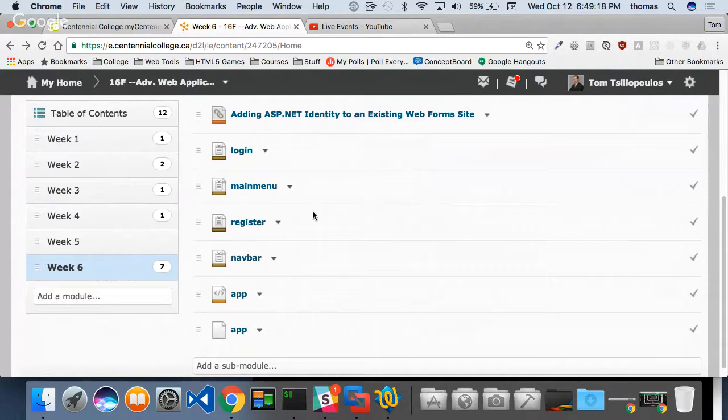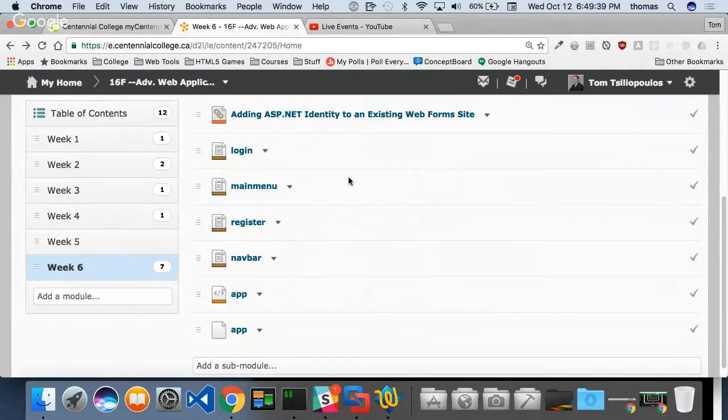And you've seen forms before, so it's nothing new for you. You're going to see me create a login with a text box and labels and a button. That's really what I'm making, right? So I've given you the code. There's going to be a point in time where I'm going to go into that code, copy and paste it into the project. So please, up on eCentennial, there's this code that we're going to be using,